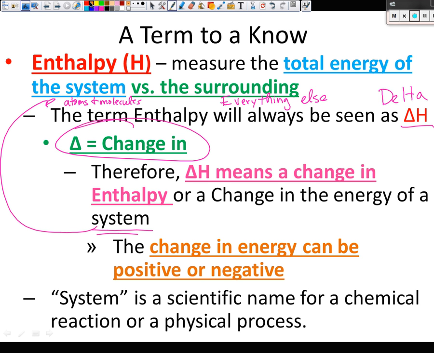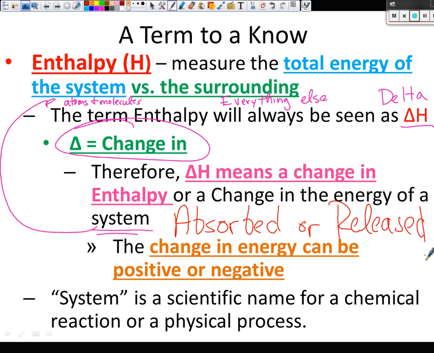It can either be absorbed or released. Very good. Now, that's common sense. You either add energy or you let it go. It either comes in or it goes out. Okay? Now,